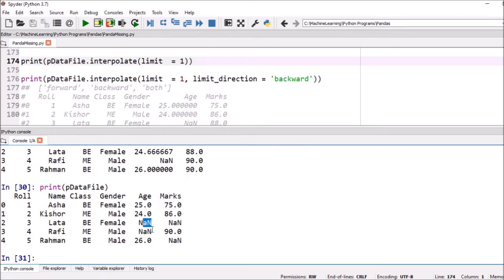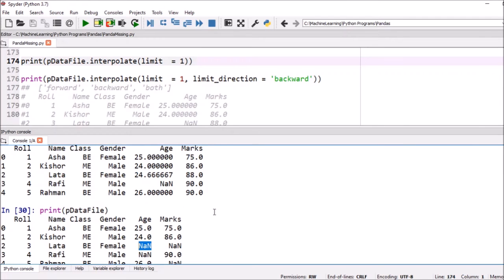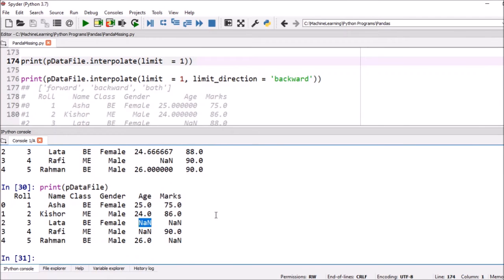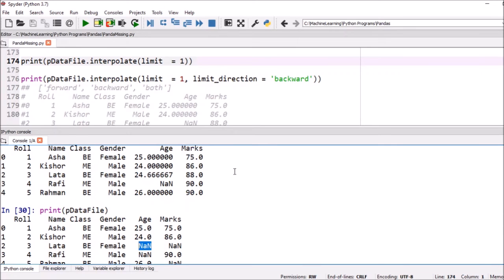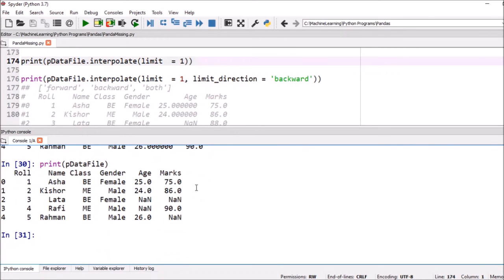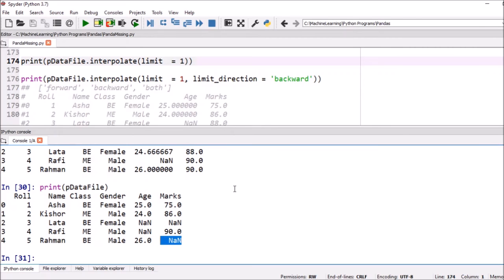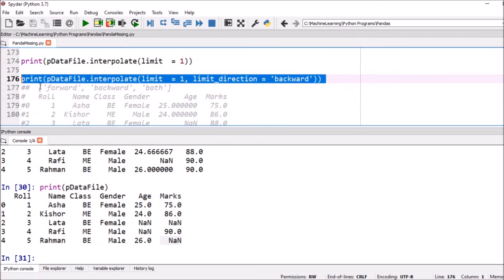Here consecutive two numbers are there, so it will change only one. Now in between 86 to 90, 88 means filling with 88, and after 90 it is 99. So here two consecutive are not there. If two consecutive are there, it will change only one, a single one. But in this case they are not consecutive, so that's why it converts into the specified values. Similarly, we can use different methods, so forward, backward, or both. Now you can execute this. Now you can check.